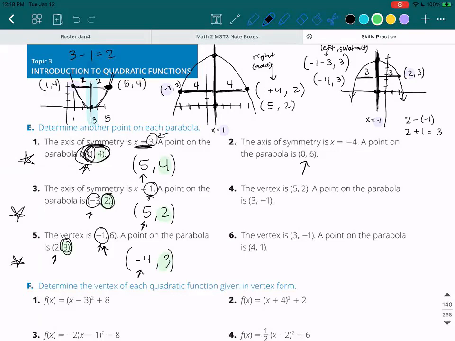So on this one, if I were to draw it out, if I have an axis of symmetry at -4, and then the point on the parabola is 0, 6. So that means my graph's going to look something like this. Okay, so we are told this point, which is 0, 6, and we can find the distance between those 2 points by doing,